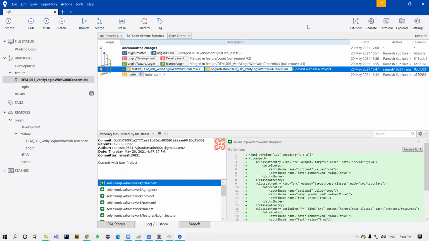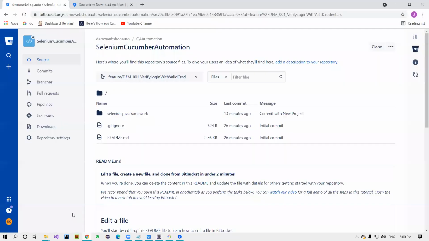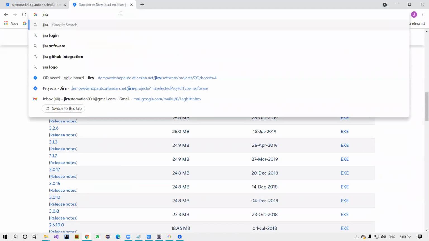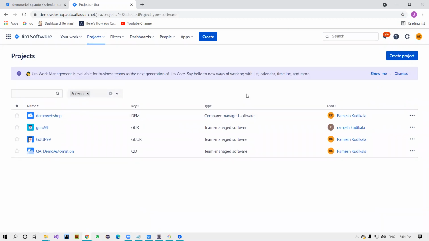So like this, automatically the branch name is reflecting which branch you're working upon. Okay. Now the actual thing is coming here: how to start working in real time. Okay, let me go to the Jira first. Assume that you're using a project management tool like Jira. I'm using Jira here because we have a free version, free software. If you have TFS or any kind of project management tools, like ALM, that is a paid one, so we cannot use that. So here I'm using Jira, and the same process you can apply for the other project management tools.